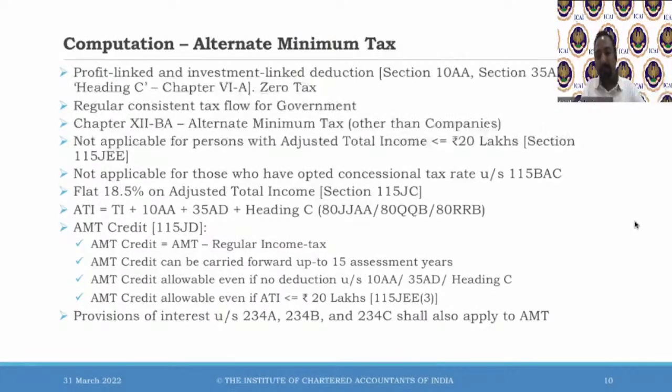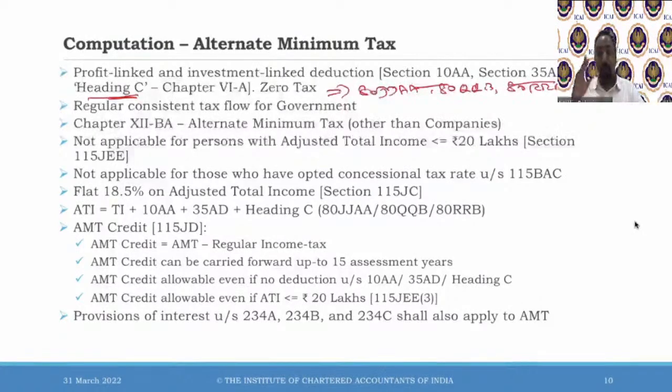What is the purpose? Now, when a particular assessee has deduction under 10AA, 35AD, or Chapter VI-A, Heading C. So what is Heading C? Heading C, whatever is applicable to an intermediate, is only 3 sections, right? 80JJAA, 80QQB, 80RRB. So for intermediate, these are the only 3 sections. So these 3 plus 35AD, if you have any deductions under these sections, then the government says, see, I need